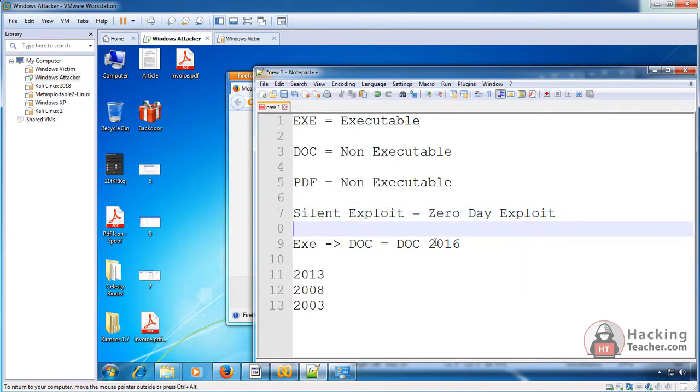Like you are a security researcher and in the latest version of Microsoft Office, you have found a bug. And related to that bug, you have coded 300-400 lines of code through which you can hide an exe into a doc, and even the latest 2016 will run your exe file out of the doc.